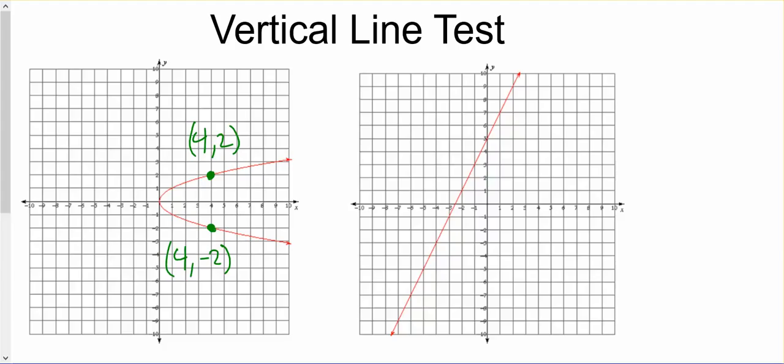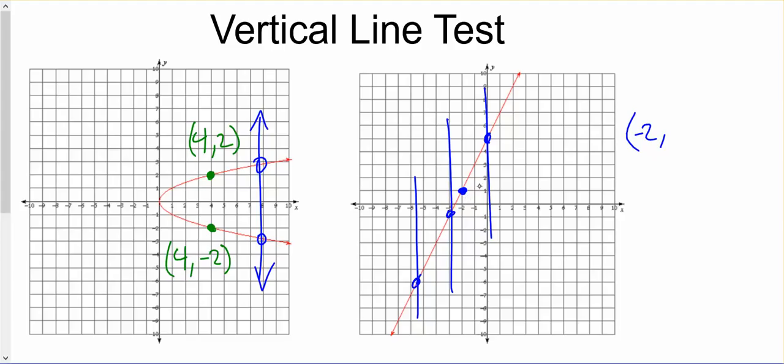Now how we test that is we just say, anytime I can draw a vertical line through a graph and go through 2 points, that makes it not a function. And you can see when we have a straight line that we could draw all kinds of vertical lines, and we're only going to go through the line at one point. For every x value that we input, let's say we inputted a negative 2 for an x value, and we find where it crosses our line,